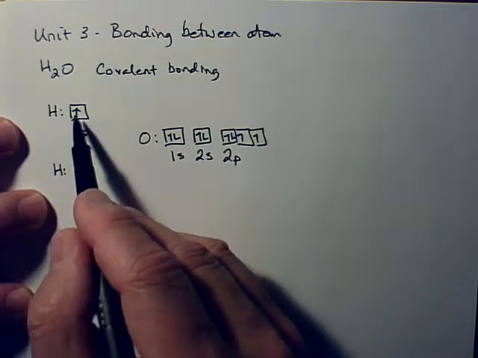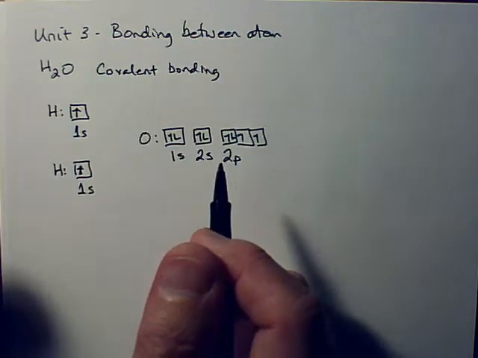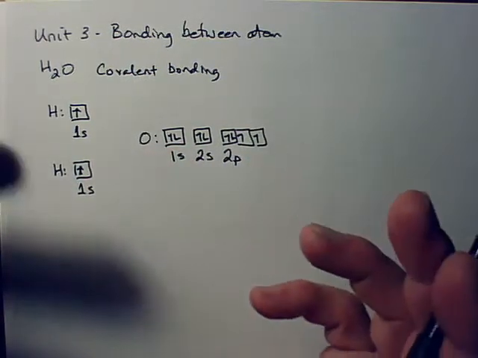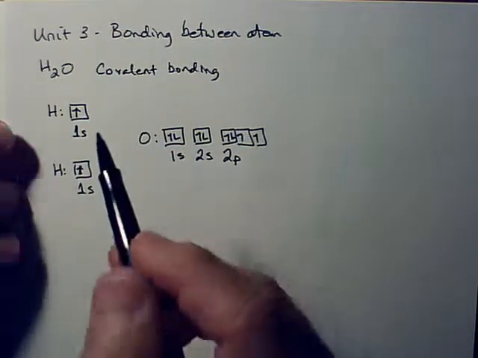So what these orbital notations show you is how the electrons are arranged in orbitals. Now, it doesn't show you the three-dimensional physical shape. It just shows you where they are in orbitals. Okay? So,